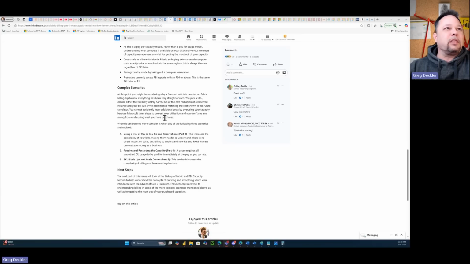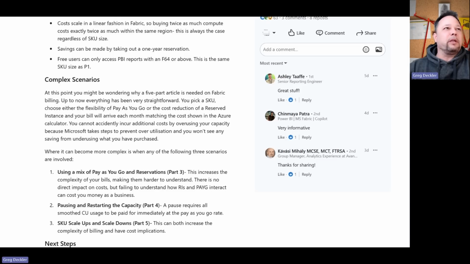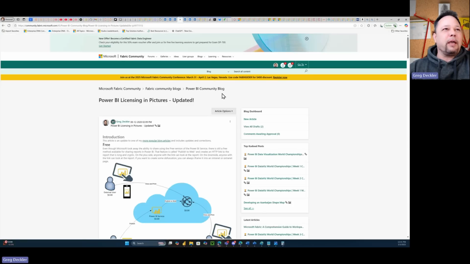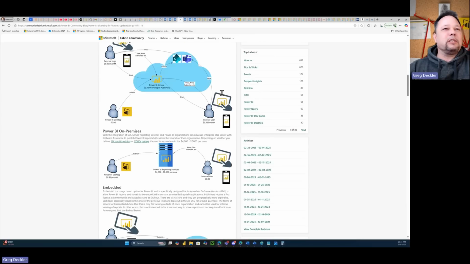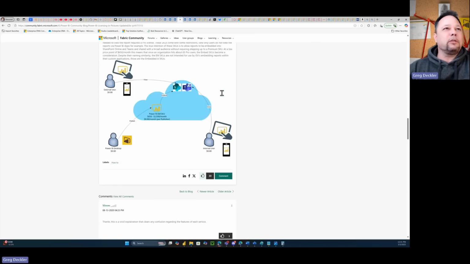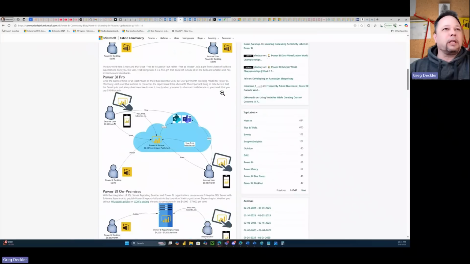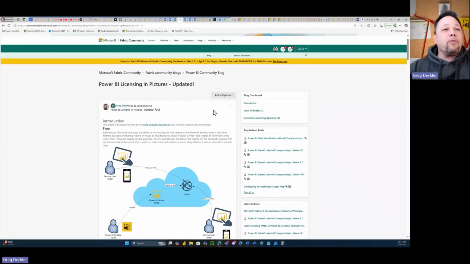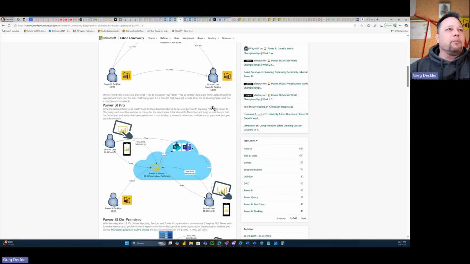And really the funny thing is, why do you need a five-part article about Fabric billing, right? That in and of itself, I've complained about. I created this Power BI licensing in pictures. It's very simple. There's no five-part blog article. It's just pictures with a little bit of explanatory text, and that's all you need to know to understand absolutely everything about Power BI's licensing, including free, Power BI Pro,